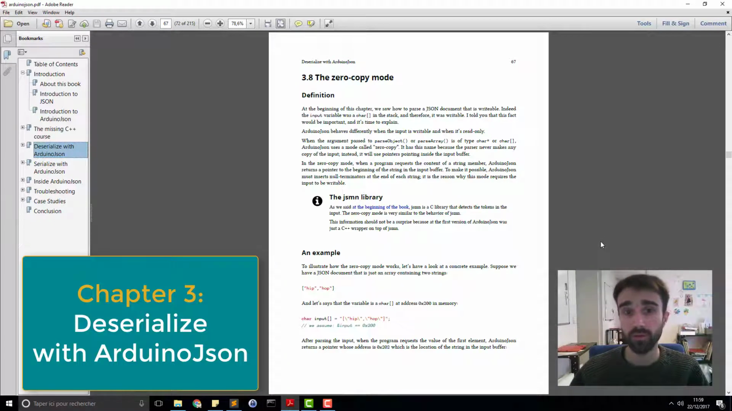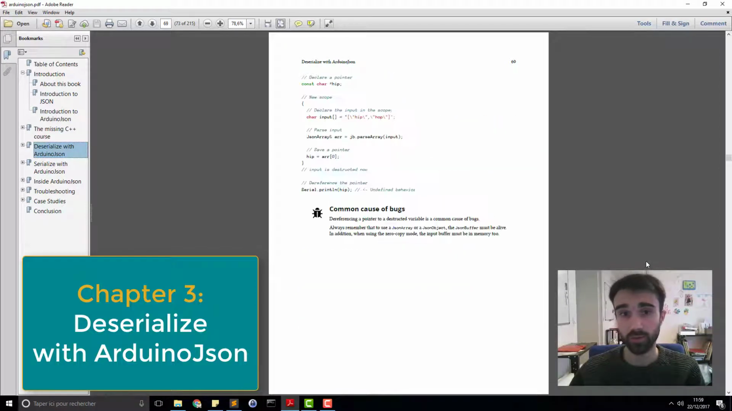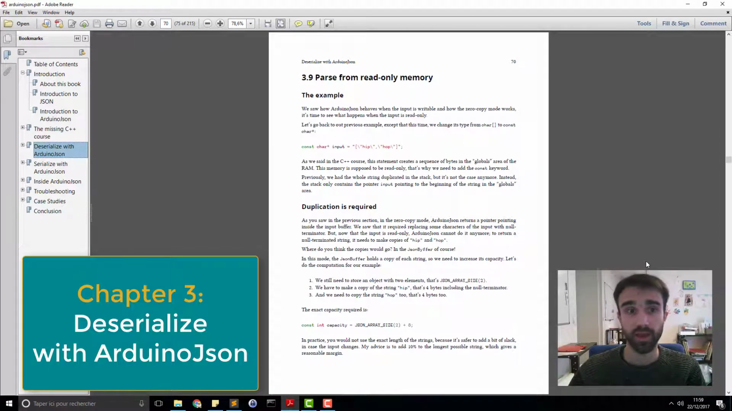And very importantly, it explains the various modes of the parser. So in the first part of the chapter, we used the zero copy mode because the input was mutable. And it explains how this mode works. And now in the rest of the chapter, it will use the other mode, the mode that I call the classic mode, that is used when the input is read-only. So it starts with read-only memory,